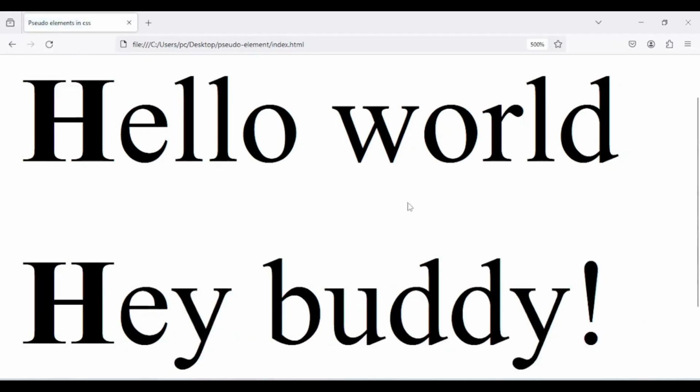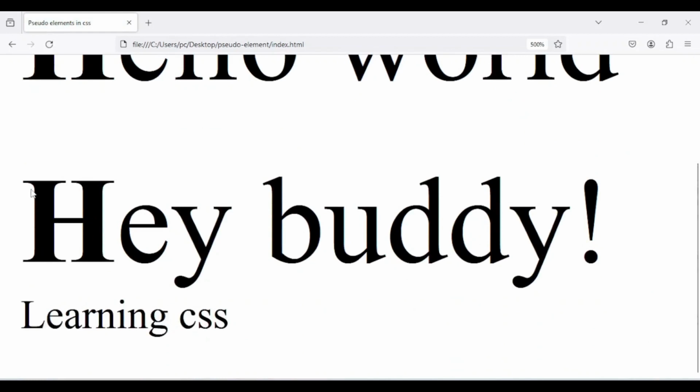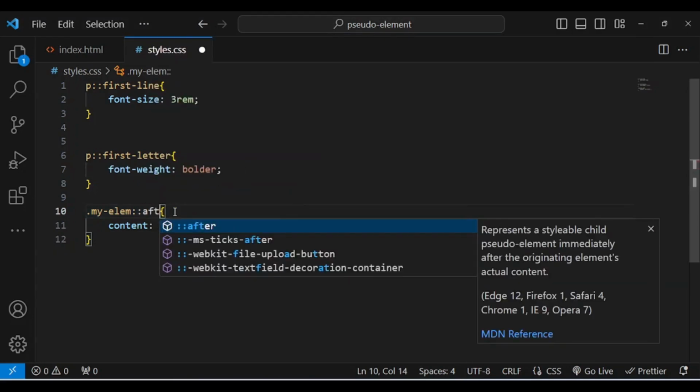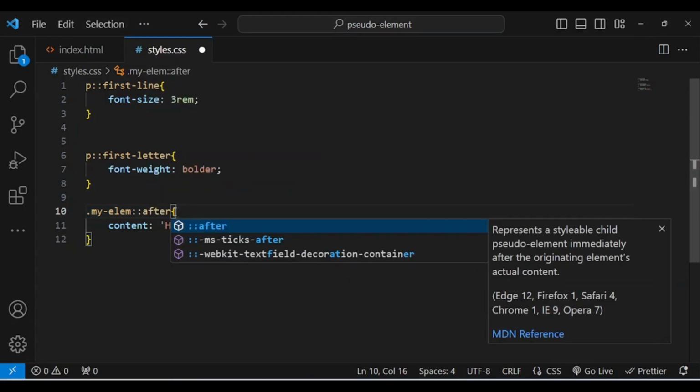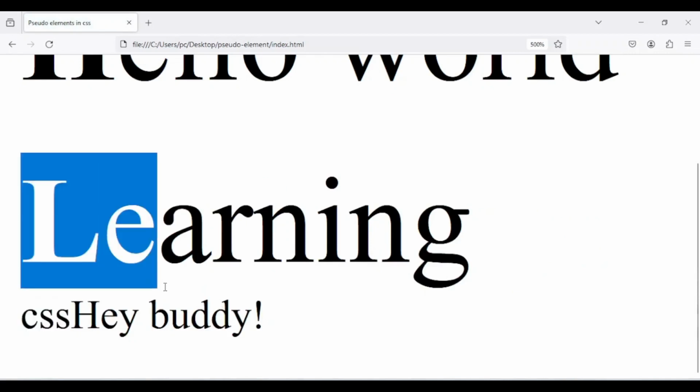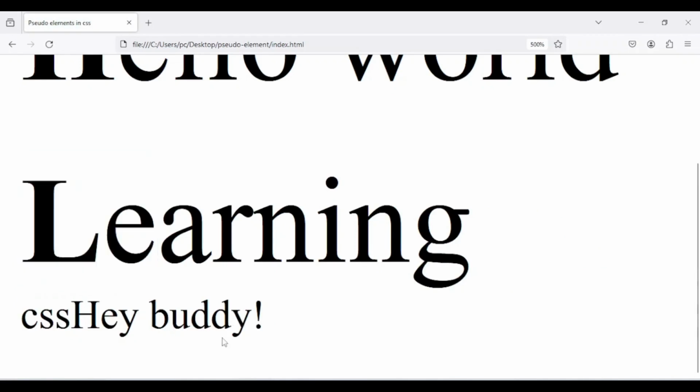So you can see the hey body appear, and the hey body is the one that now uses the styling I added from the beginning, and learning CSS now is not having any styling. So we also have another one which is after instead of before, and you can see what I mean now. By saving, I go to the browser and refresh. So you can see now CSS learning takes up the styling, but CSS with hey body, which is now added after instead of before as at the initial time, is now having